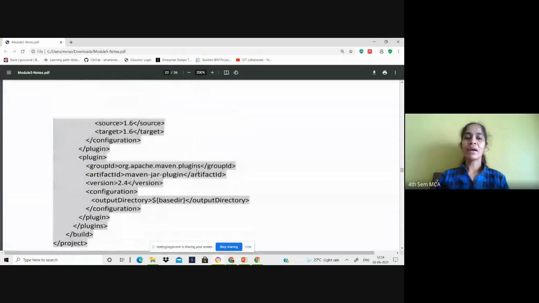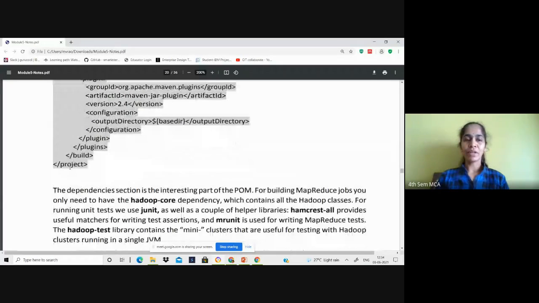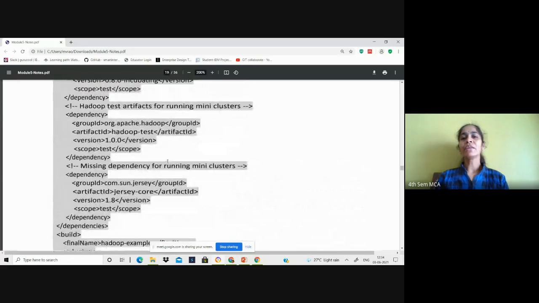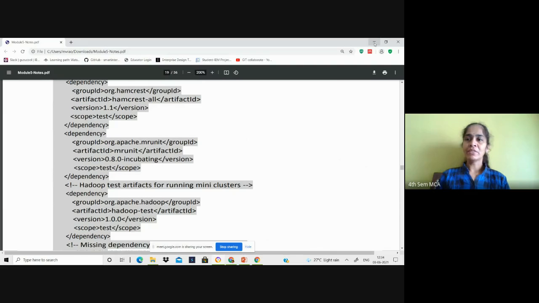All these are added into your .xml file, and it completes your project XML file. Okay, this is how you have an XML file with various dependencies in order to make your MapReduce jobs work in a project development environment. This is just for your understanding. Do not worry, you need not present this in your exam.